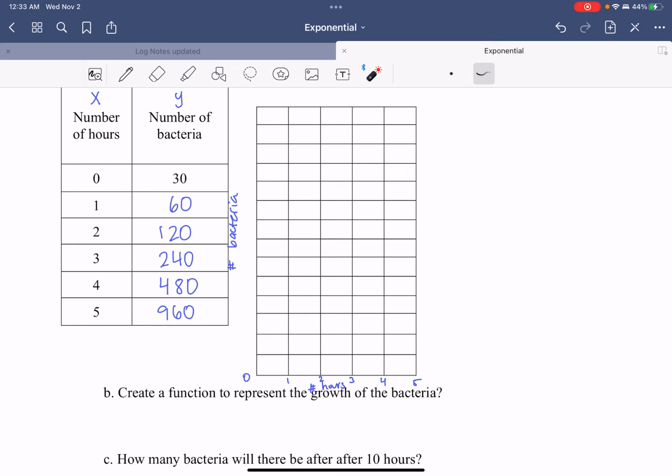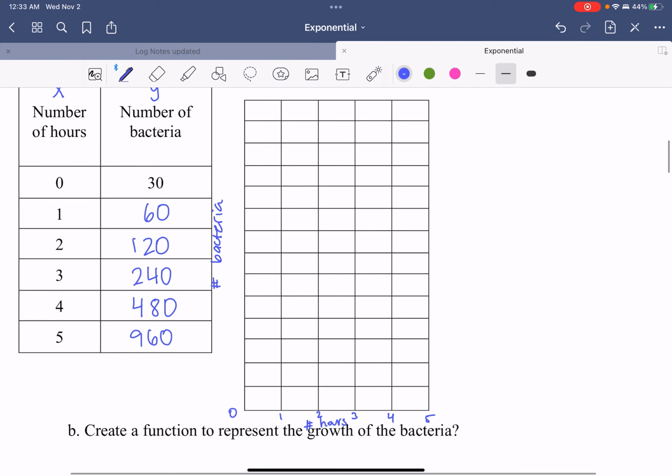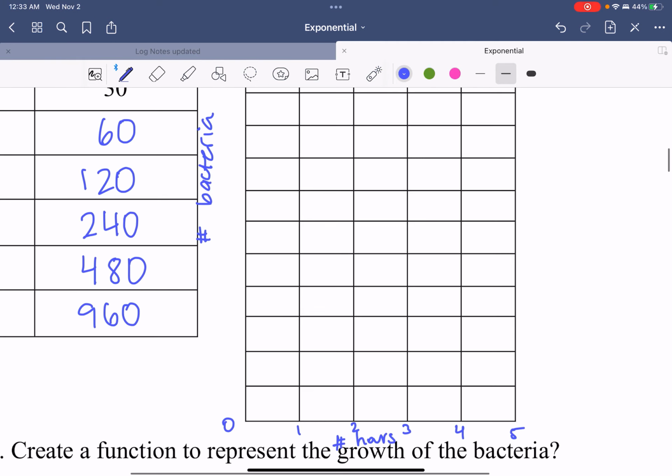So you have to add, you're either going to go by 10s or 20s, 50s, 100s, whatever your increment that you decide, but it needs to be adding the same number every time. Okay, so with that being said, I'm going to go by 60s. So I'm going to do 0 to 60 plus another 60 is 120. Plus 60 is 180, then 240, and then 300, 360,